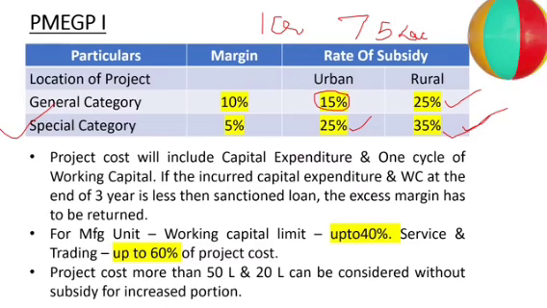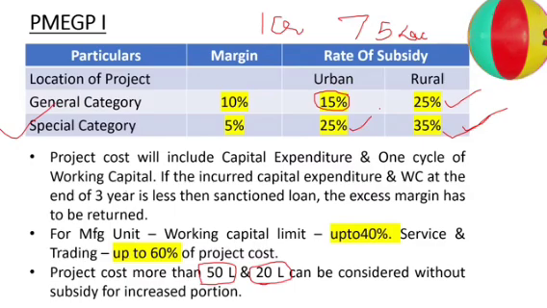Ilayaraja sir says 17.5. 35 lakh also somebody is saying. Ranjit Kumar Satya, no. Subsidy will be 35% of 50 lakh. That will be 17.5. So project cost can be more than 50 lakh. Loan amount also can be more than 50 lakh. But for the purpose of subsidy, only 50 lakh will be considered in case of manufacturing. On this amount only they will give subsidy. For service and trading, 20 lakh. And this is the subsidy rate.